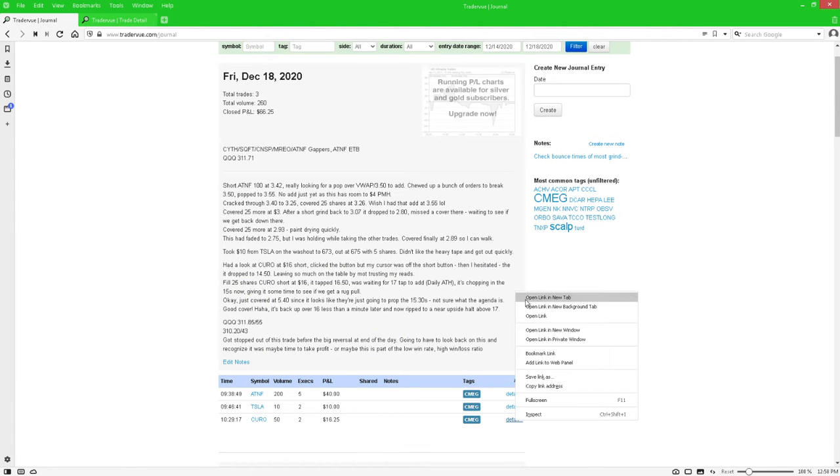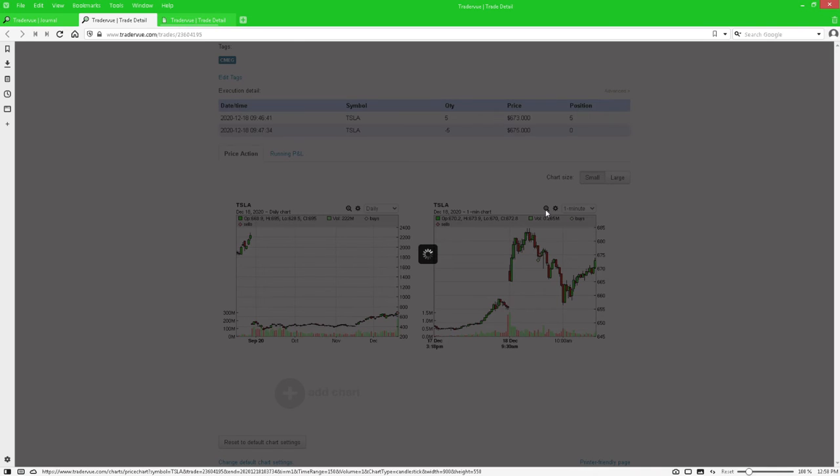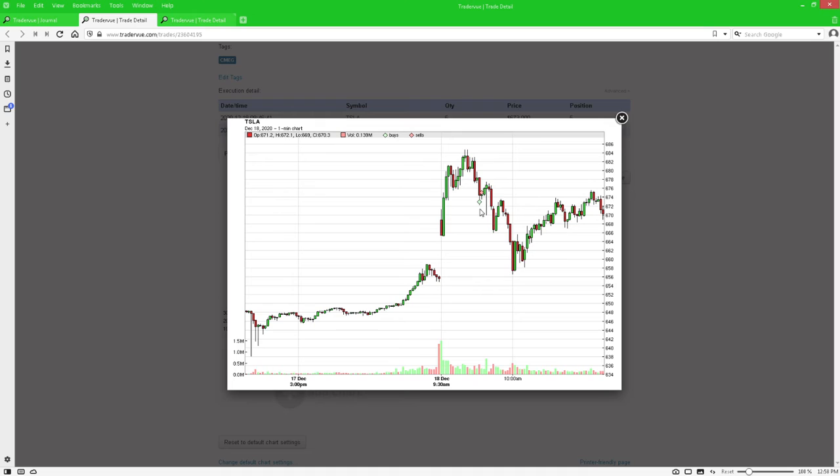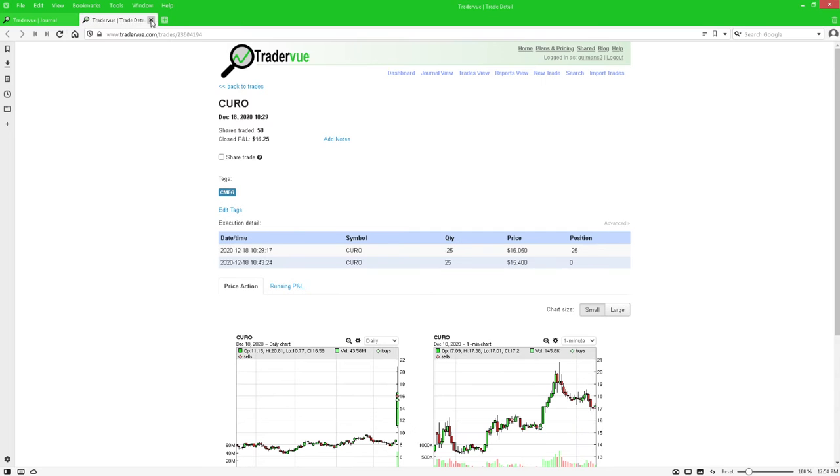Open both these. All right, so I traded Tesla. You can see here, this is just a little scalp. I got long off this bounce area and didn't really hold it for long. I didn't like the way the tape was reading. You can see the bounce wasn't very forceful. But yeah, anyway, I took a few bucks from Tesla there, so I was happy about that. It was actually a pretty good read. And then